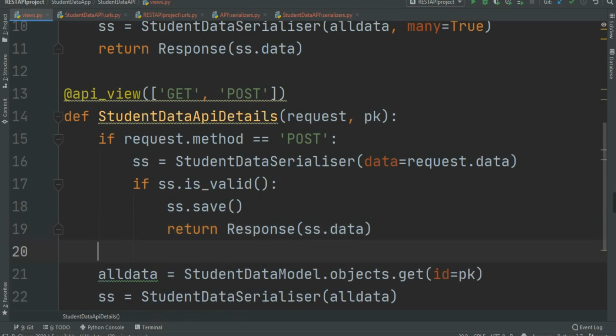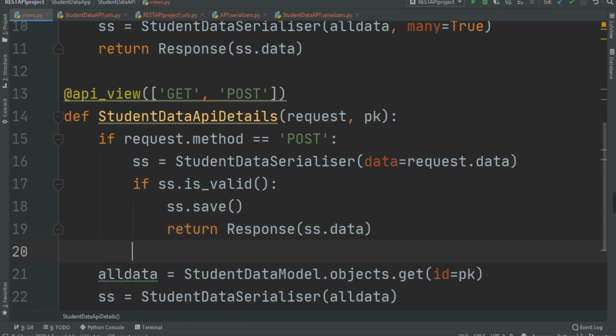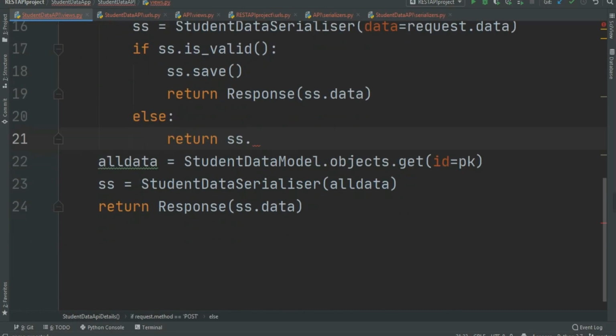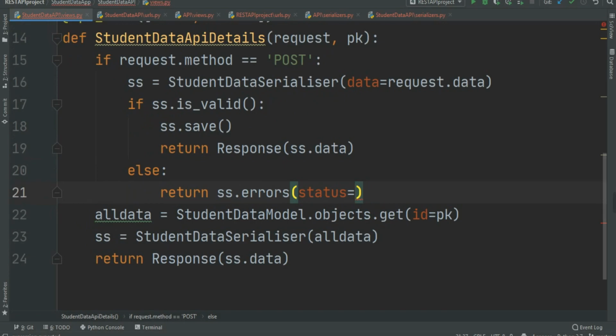But what if the validated data is not correct, or you can say the data is wrong? Just give the error directly in the else. You can return the error as return ss.errors, and you can even pass the status.